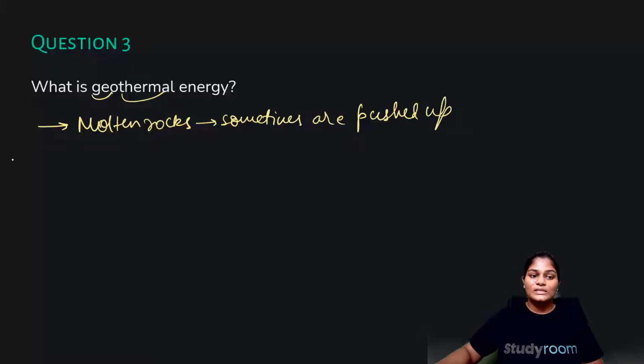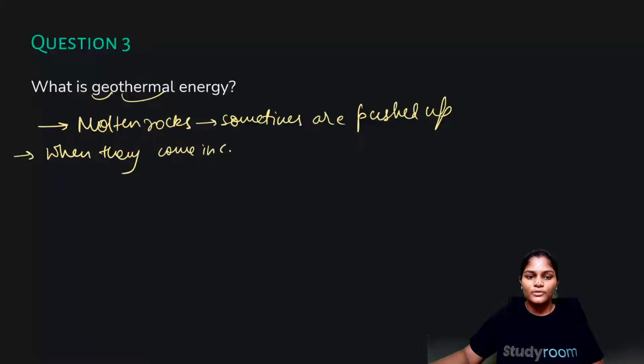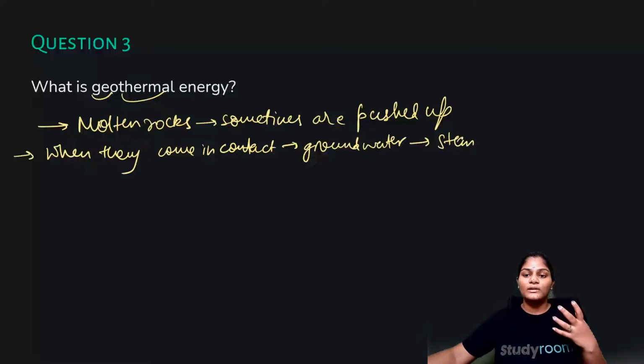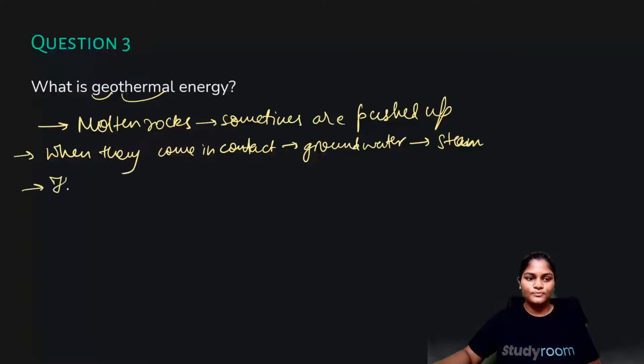Okay, so when they come in contact with what? Groundwater, or the water underground, what happens? Steam is generated. I am writing it in very short and symbolic forms. You have to write it in complete sentences and in your own words. Okay, so what happens? Steam is formed. So it forms steam, right? This steam